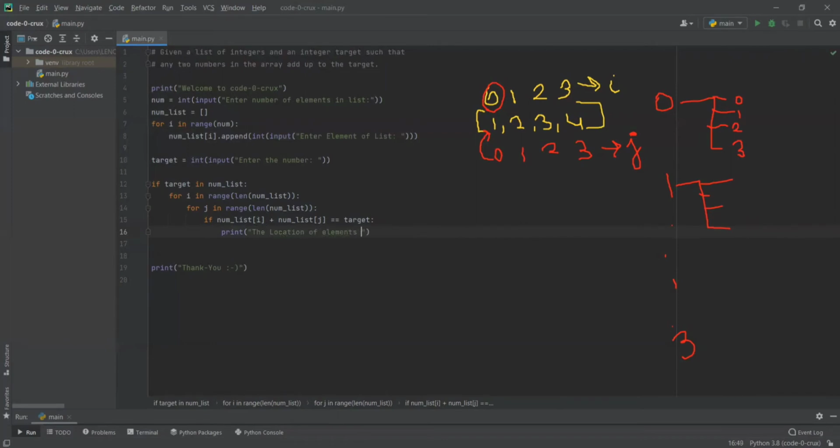So now we would be printing the location of elements, or basically the index of the elements. We have seen here that it matches. So now we will print just the location. I comma J are the indexes, as Bhavesh already told you, that we are initializing two for loops by passing I and J into the for loops, which are nothing but the indexes of the elements of the list.